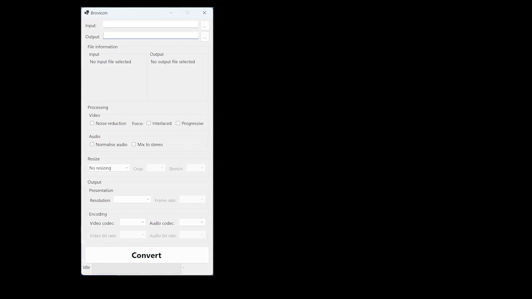And when you combine both of these, I think they call them effects, even though they're not really effects, in AviSynth, you get really high quality output from interlaced video, and it's suitable for the web because